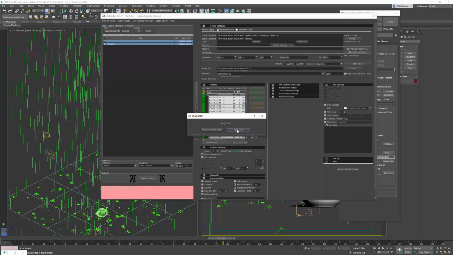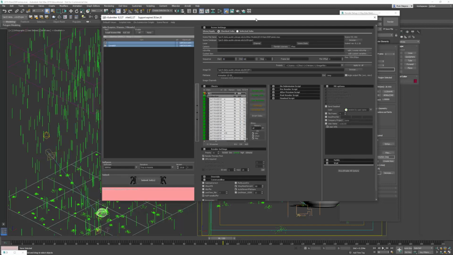This time I'm keeping my submitter open, going back to my sequence and saying 50 to 60 as a bucket of frames to see what that segment looks like in my animation, and renaming my file name accordingly. Bitmap still the file type, and submit, keeping my submitter open again, going to sequence and adjusting this to being 150 to 175 and changing my file name to 150 to 175 so I can make sense of it, and